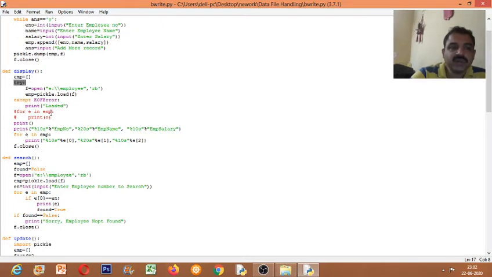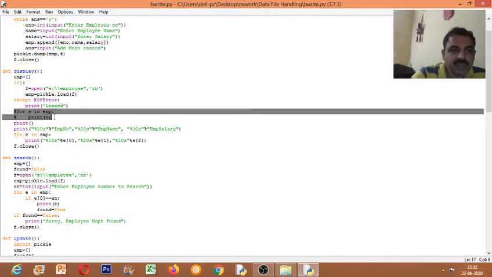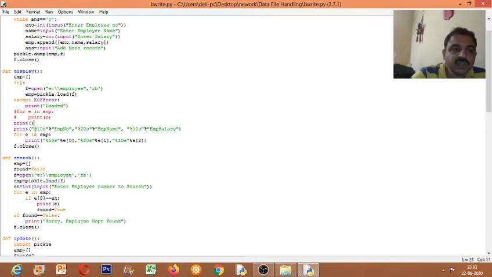This is one way of using it. What happens is e takes one record at a time from the list. But you will not get the output in a neat manner. For that we can print like this: print %10s, again %10s for employee number, and %20s for name.